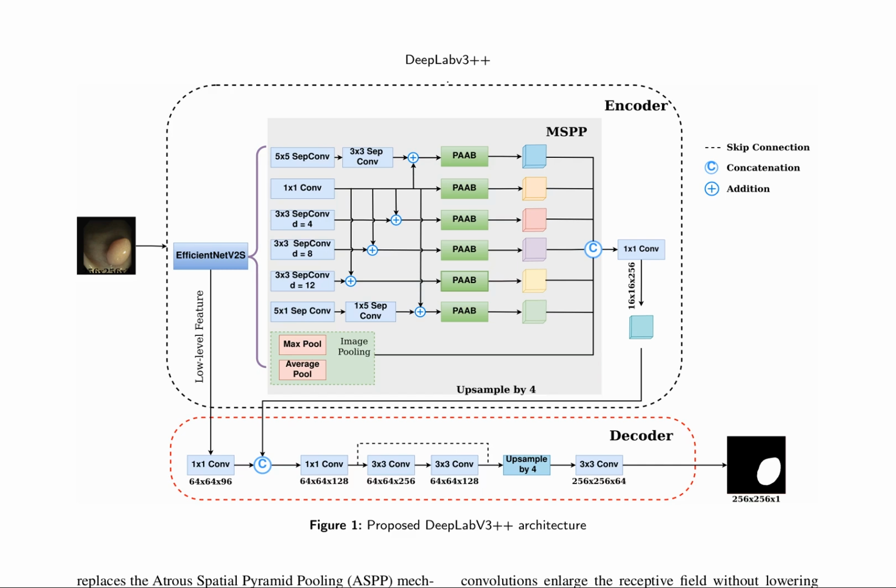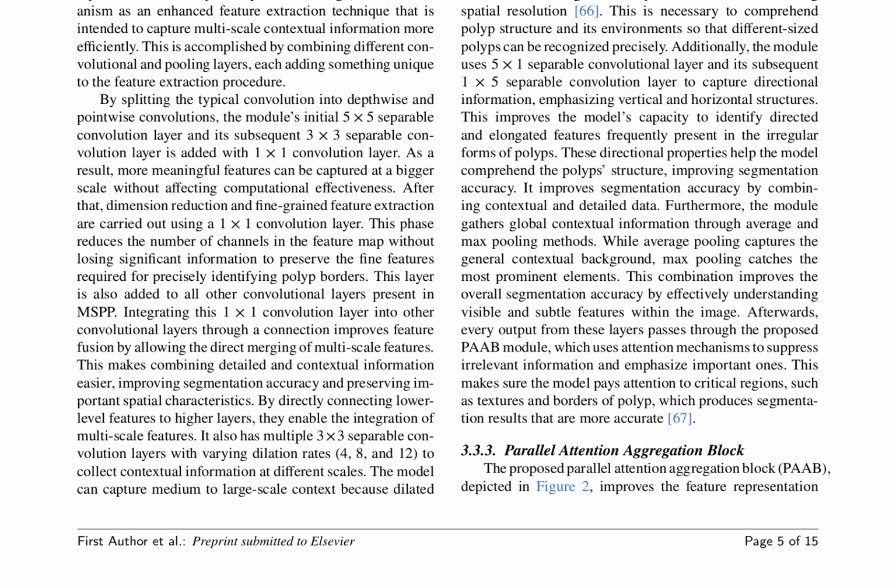The module begins with a 5x5 separable convolution layer, followed by a 3x3 separable convolution layer and a 1x1 convolution layer, allowing for the capture of meaningful features at a larger scale without compromising computational effectiveness. A 1x1 convolution layer is used for dimension reduction and fine-grained feature extraction, preserving fine features for precise border identification. The integration of this layer into other convolutional layers improves feature fusion by merging multi-scale features, enhancing segmentation accuracy and